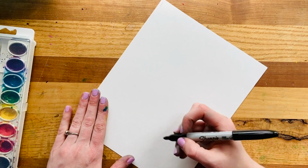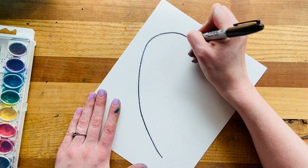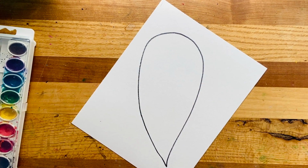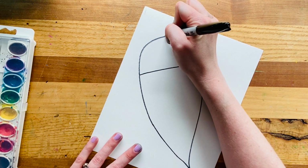So we're going to take the Sharpie and make ourselves a big, huge teardrop. So I'm gonna come all the way up, kind of come to a little corner here. This is gonna be a big old koi fish. I'm gonna make kind of a teardrop shape. Then I'm gonna break it apart with a little bit of a T or an X. So I'm gonna come across and then down